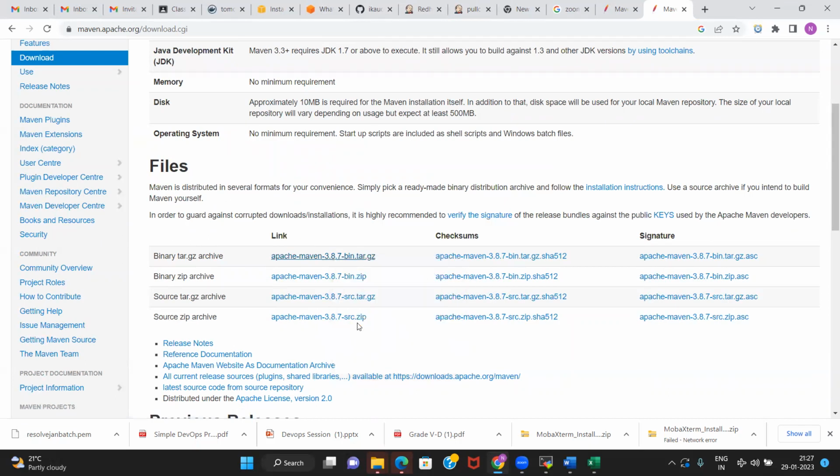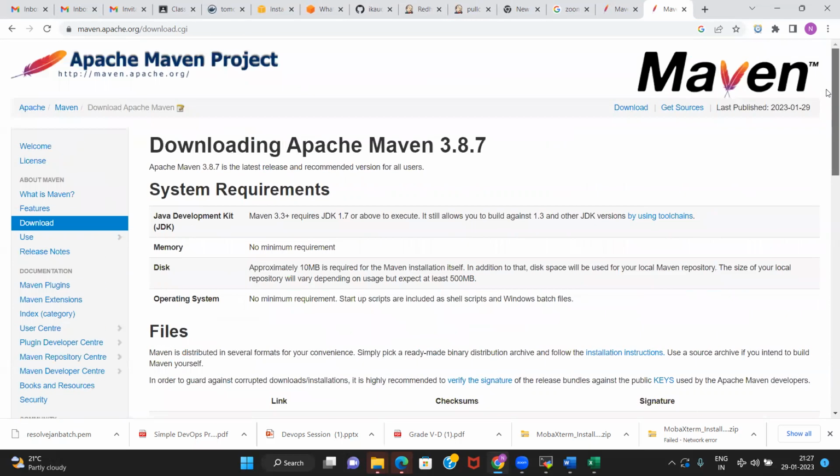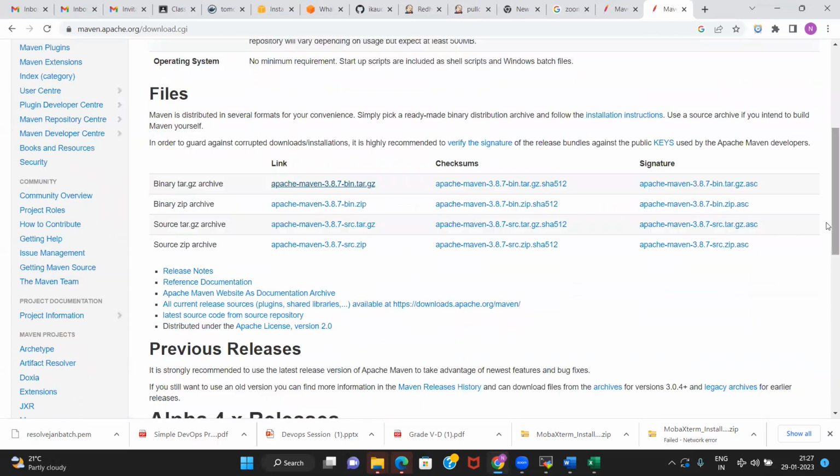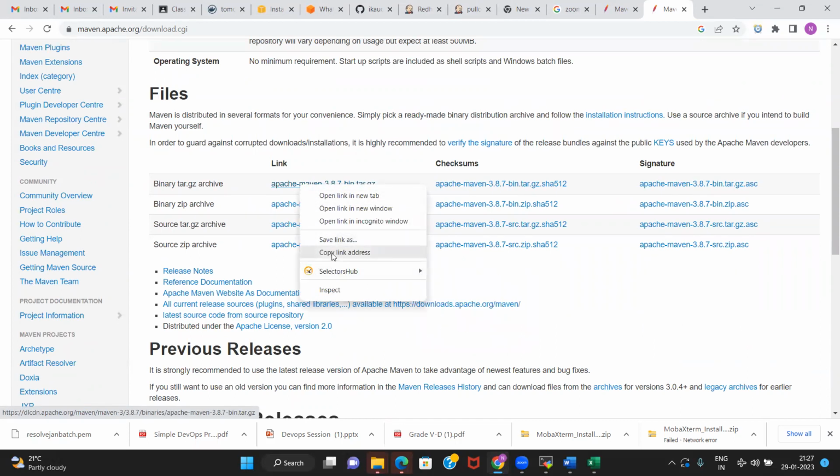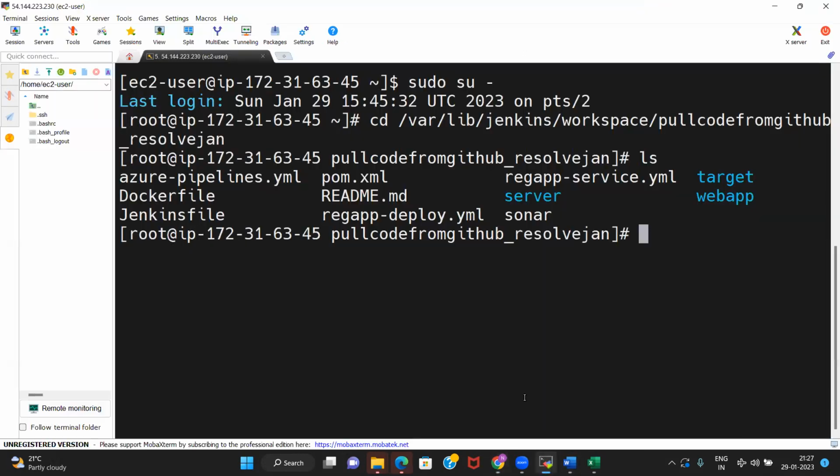Just copy the link address. So we searched Maven download, came to the official page, and copied that address. Now come here and go as the root user again.